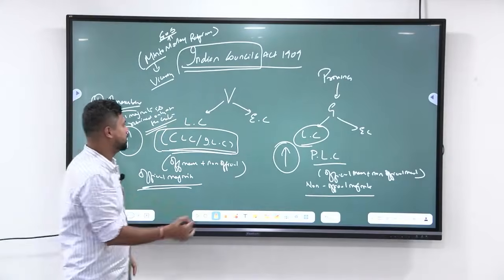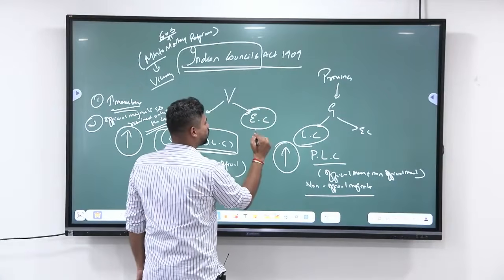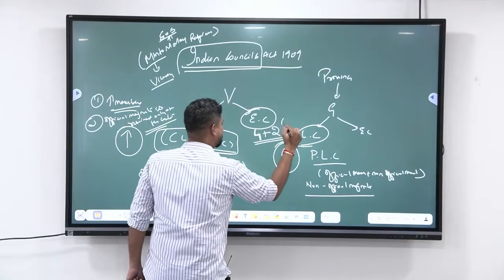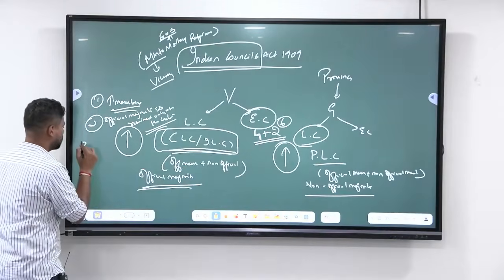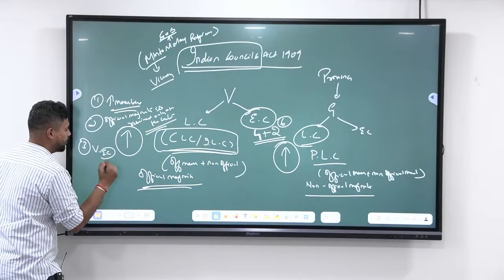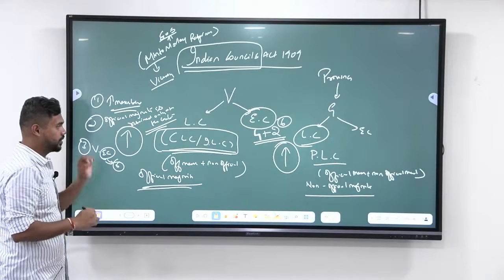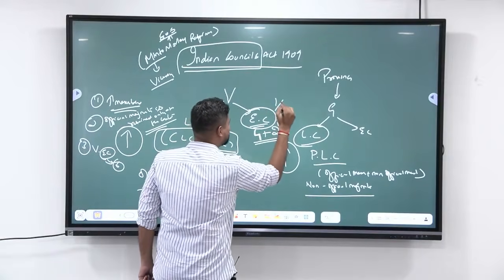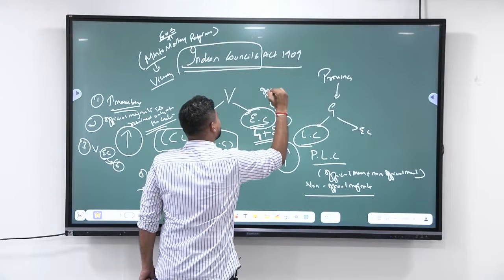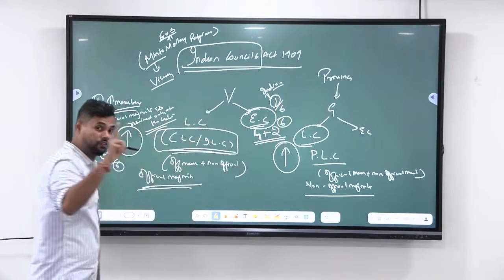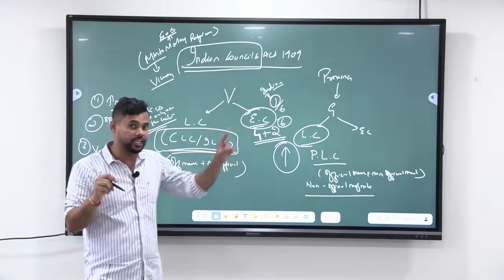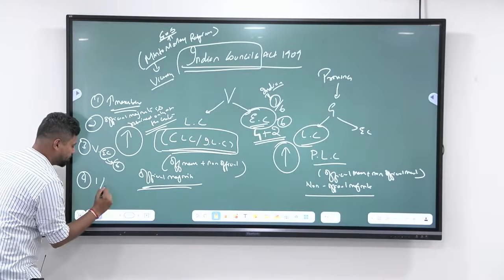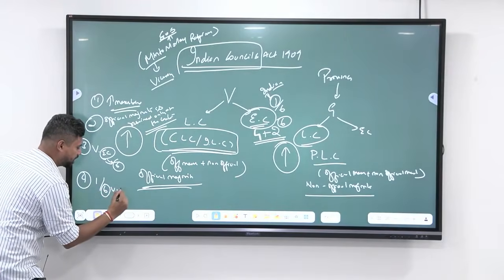Next, look at this. The Viceroy's Executive Council, which had 4 members, they are going to increase from 4 members to 6 members. Now comes the important point. They are increasing the members to 6, and 1 out of those 6 members will be an Indian. So for the first time from 1773 till 1909, for the first time in 1909, one member of the Viceroy's Executive Council